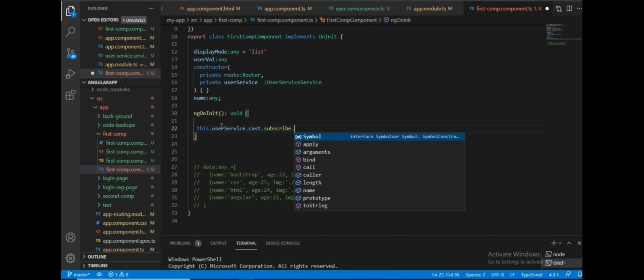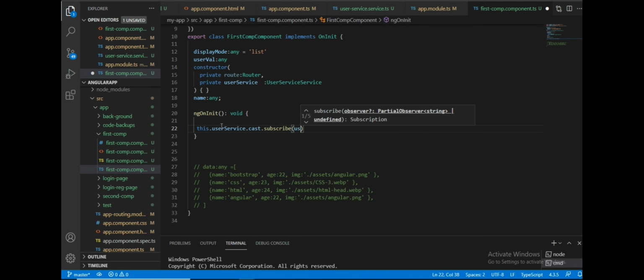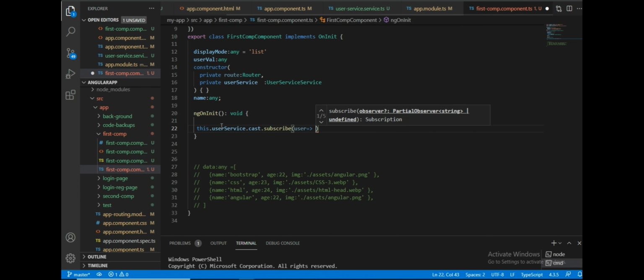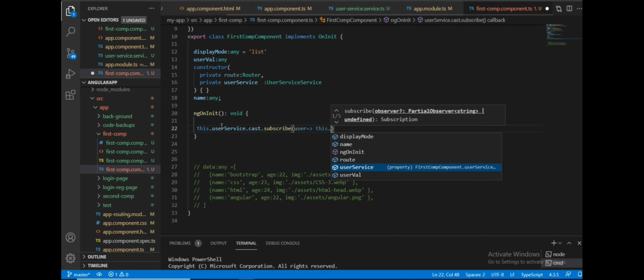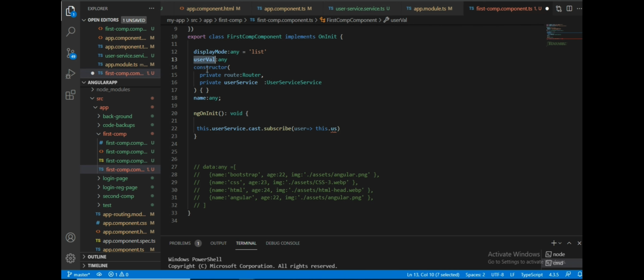We'll use cast.subscribe of user, function, which I have equal to this.userValue. I have already defined a value here, so I need to define the value in the userValue. So straight away I'm defining it like this is equal to user. So I'll get the value here.